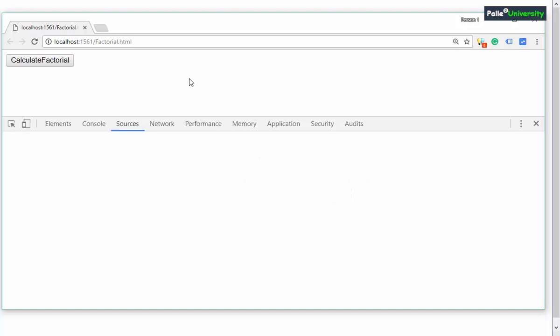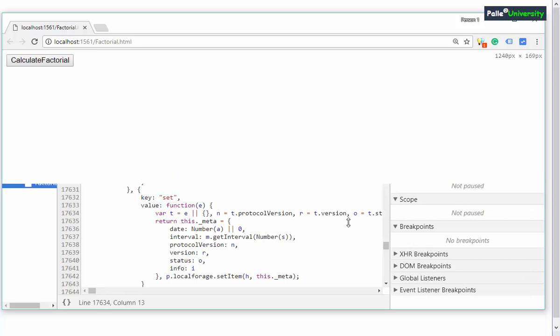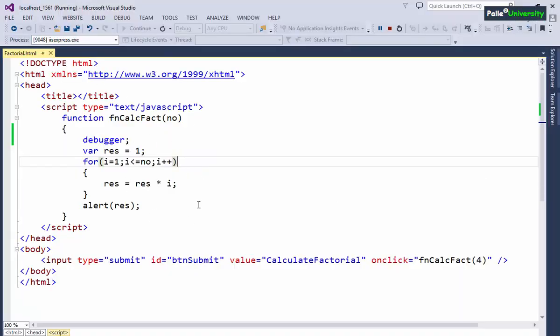This is the current browser window, and one more window is attached, right? This is the attached window. I am talking about this window only. This window I am calling the developer tools window. Once you come to this developer tools window, you perform the action which will call the JavaScript function. Now you observe the code carefully.